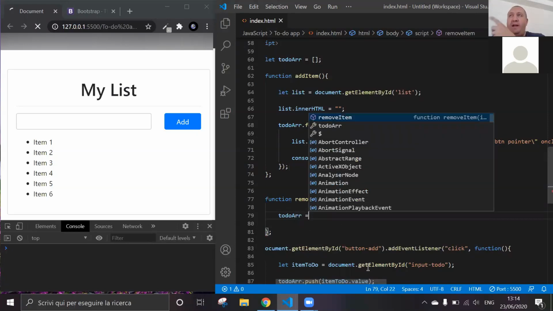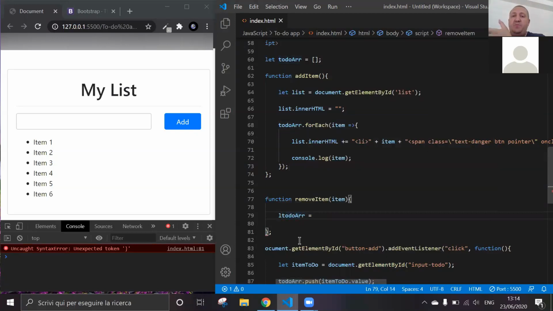Let's break it down the way I did it initially, because every step of the way you want to see what happens. So let new array, and we're going to set it as toDoArr